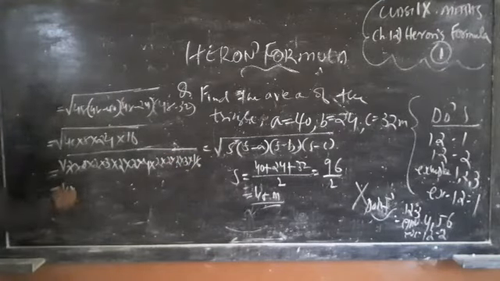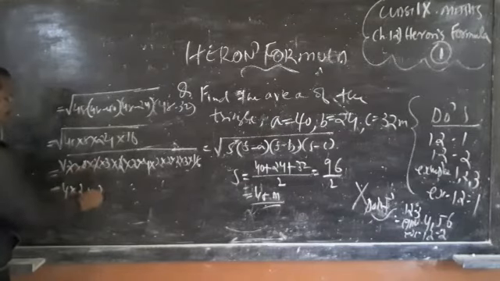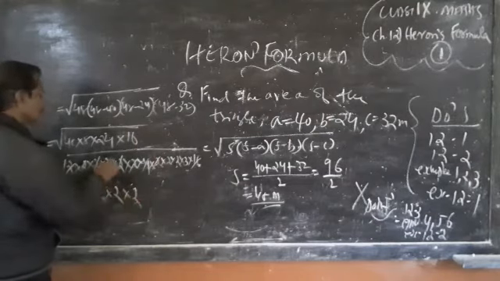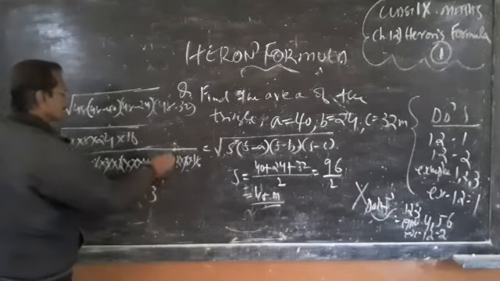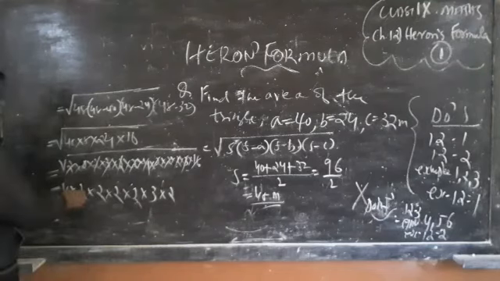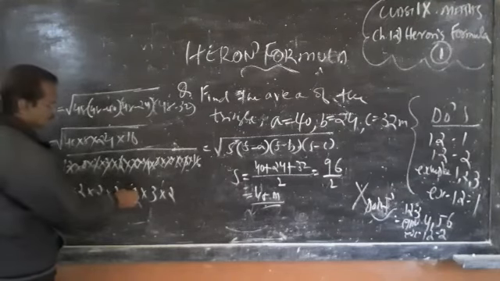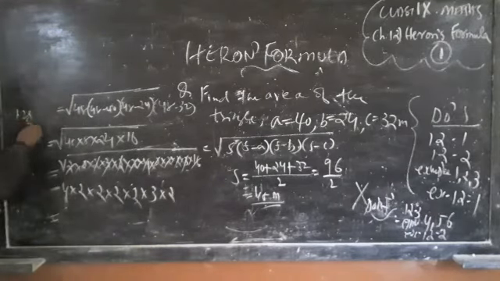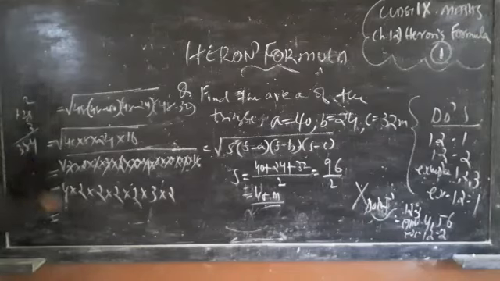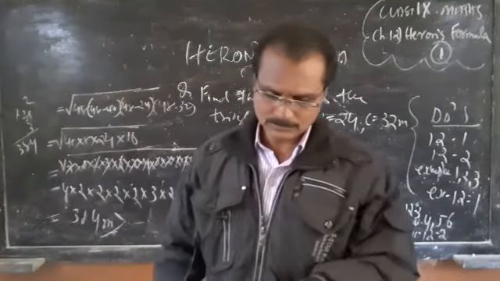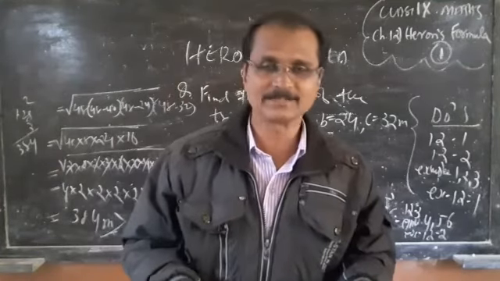Now you can cancel these 2s, you can write 2 here. 2 and 2, you can take one 2 here. Then again 2 and 2, you can take one. Root of 4 is 2. One 3 and one 3 make 3. Again 2 and 2 make 2. Okay. Now multiplying: 4 twos are 8, 8 twos are 16, 16 twos are 32, 64 into 2 is 128, 128 into 3 is 384. So 384 square meters is your answer.